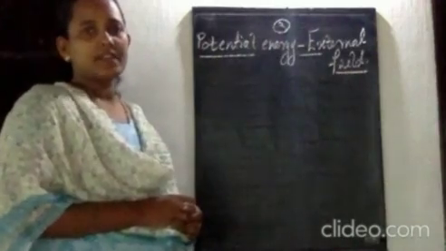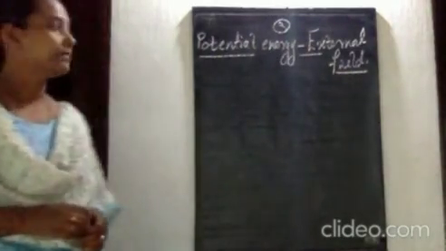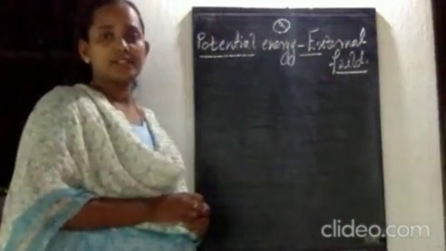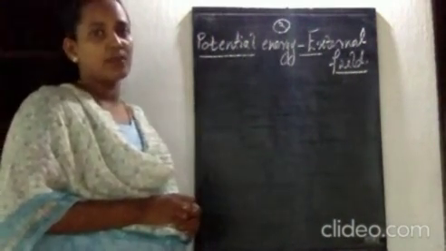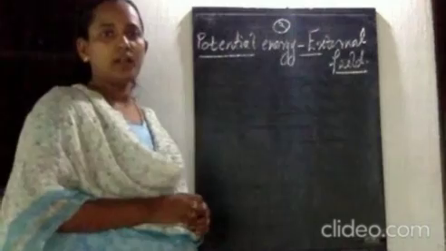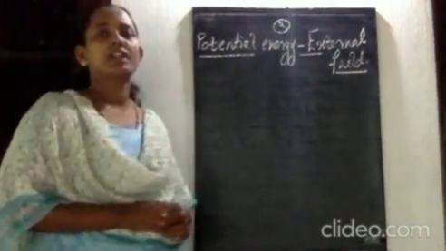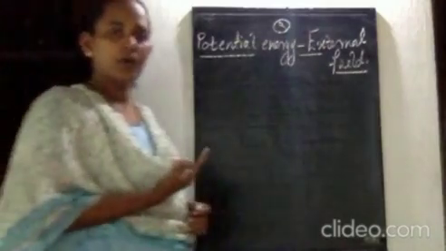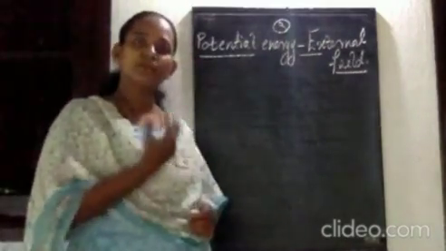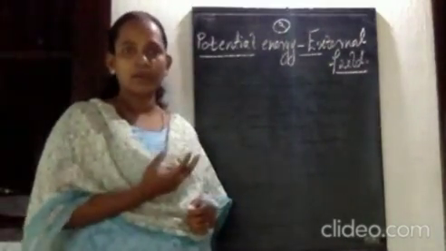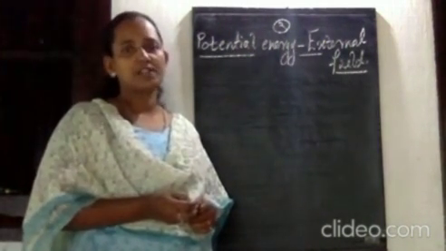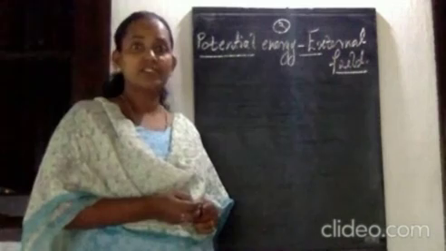Okay. So in the last section, we studied the potential energy due to a system of n point charges. First we calculated the expression for potential energy due to a single point charge, and then we extended our idea to potential energy due to a system of 2 point charges and then 3 point charges, and from that we attained a general expression for potential energy due to a system of n point charges.